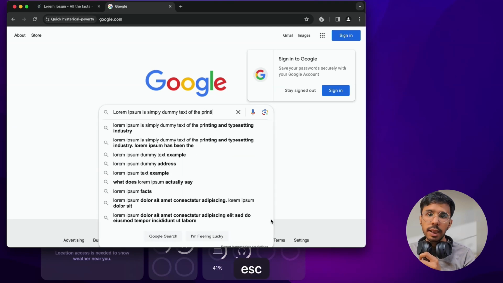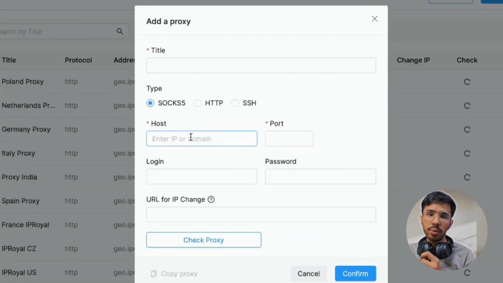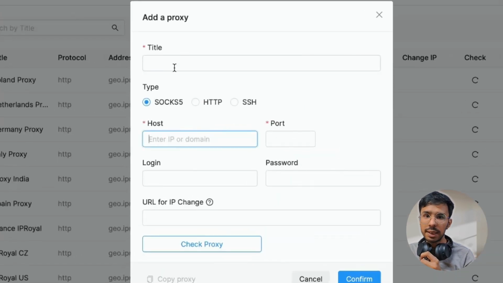Then proxy management. From here you can manage all the proxies you have bought from several sources. All you need to do is to set it up first. You need to import the proxy list in this proxy manager, and now you can manage it easily with Octo browser. You can add proxies in bulk, or you can add them one by one also. It supports proxies in any format you may have: SOCKS5, HTTPS, HTTP, or even SSH.